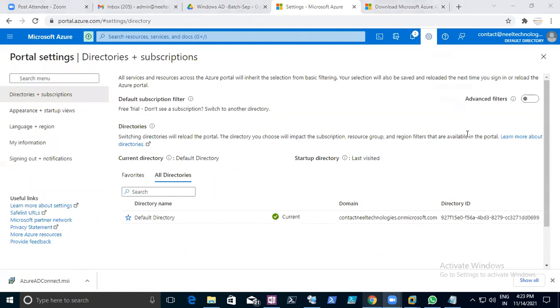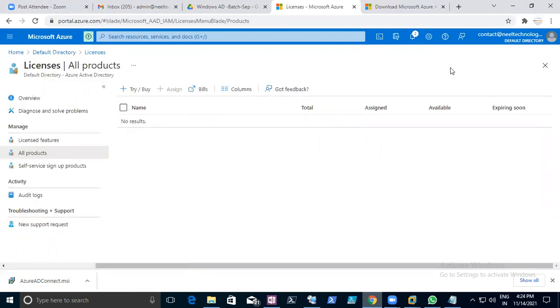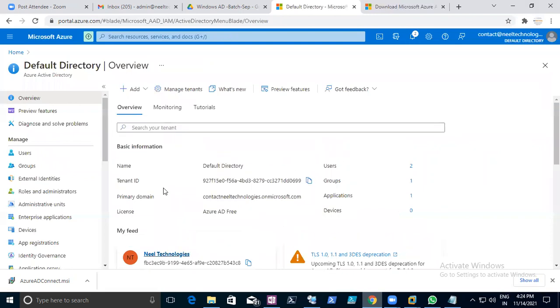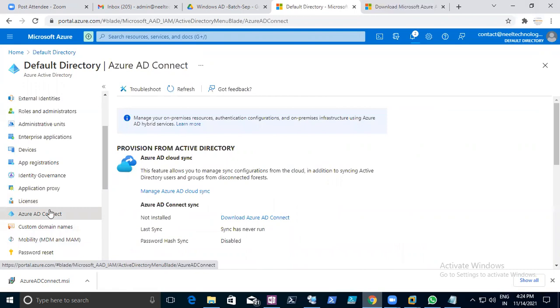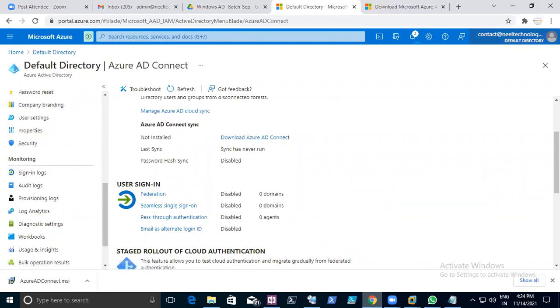Where are the options? I can directly switch user here, but I should get my domain name.